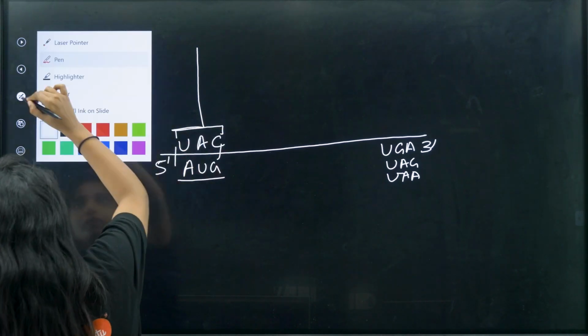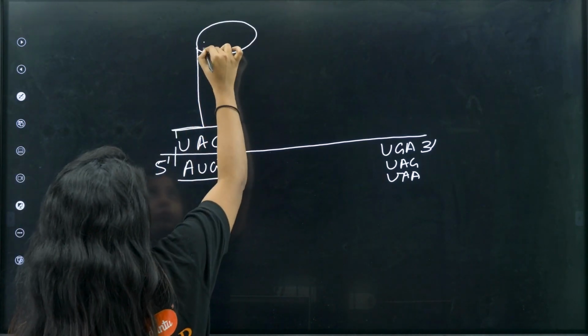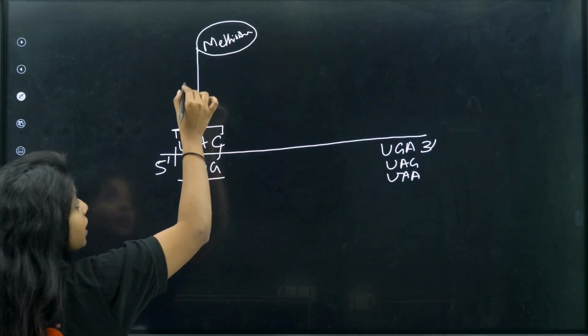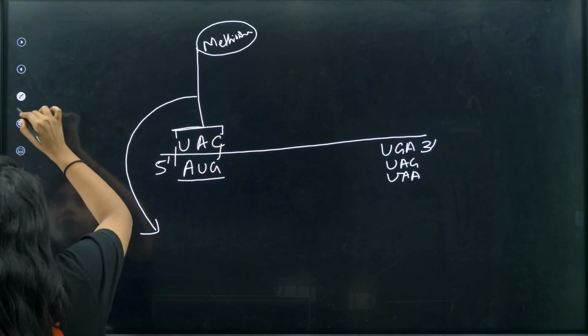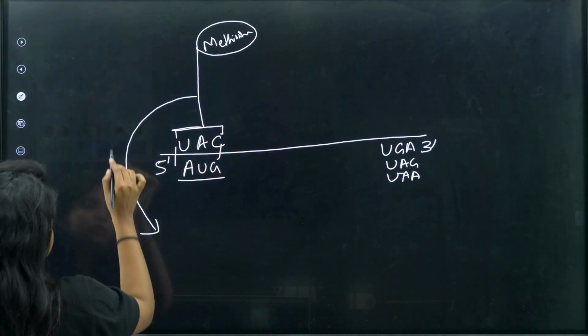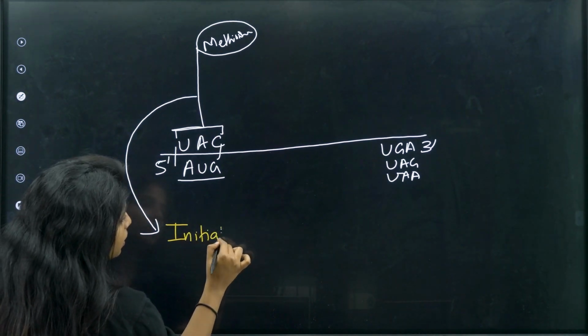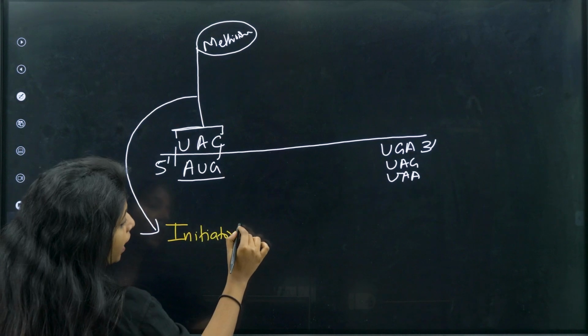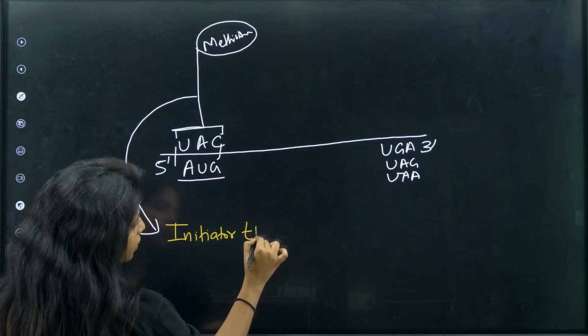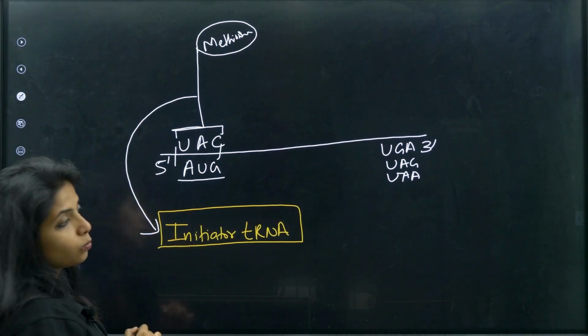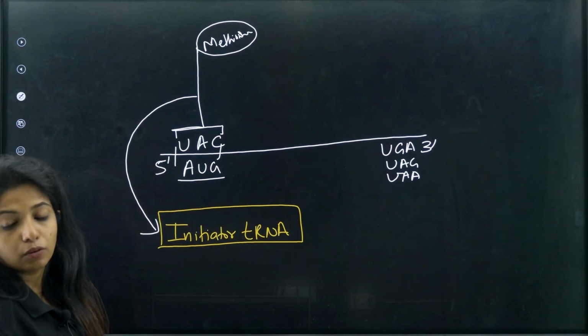And this particular thing always has an association with what, children? With methionine, that is the amino acid. So I am saying there is a different type of tRNA, and you call this tRNA different because it is permanent, always with the amino acid and everything that it carries. It is known as initiator tRNA. So initiator tRNA has to come and attach, then only the process of initiation, the process of translation